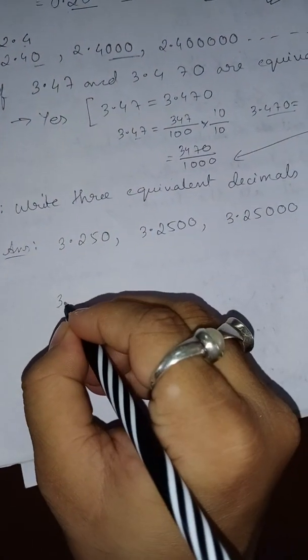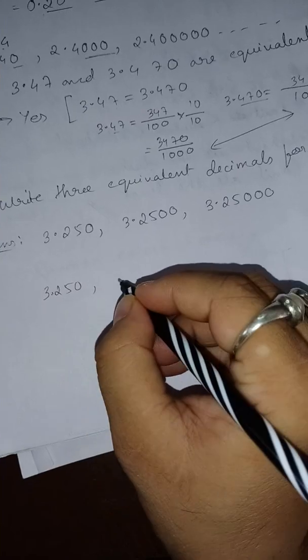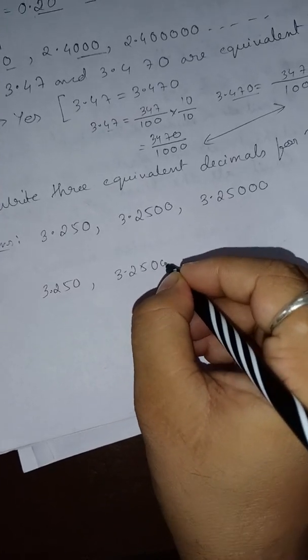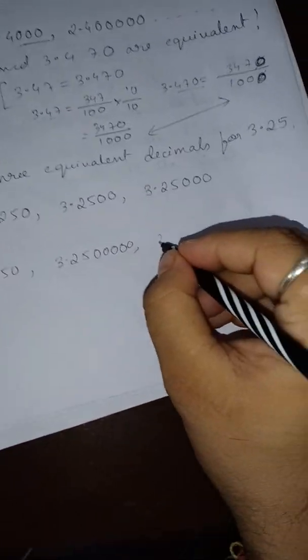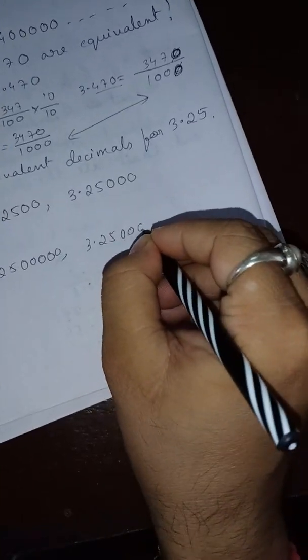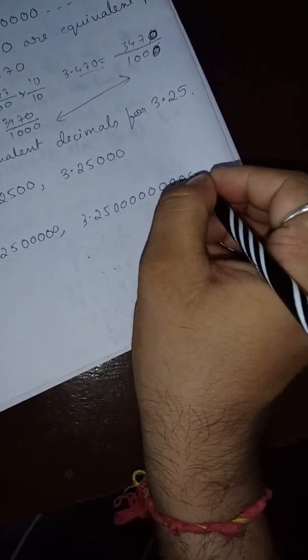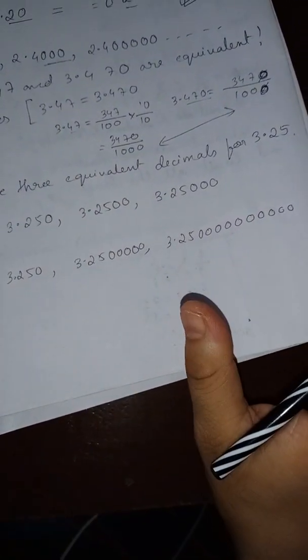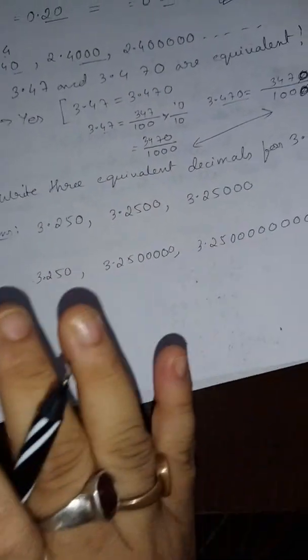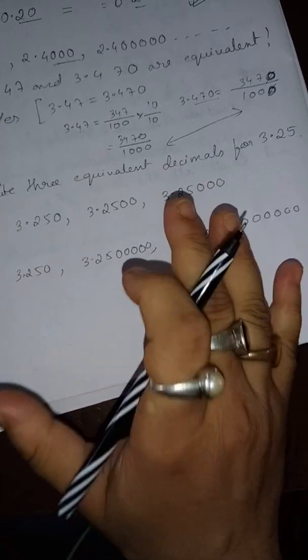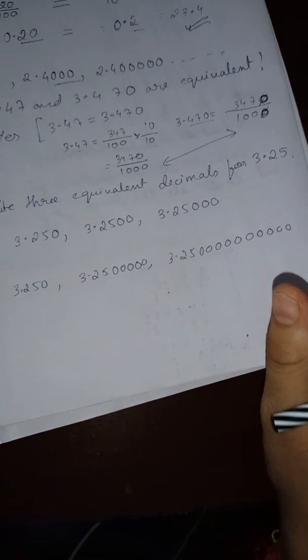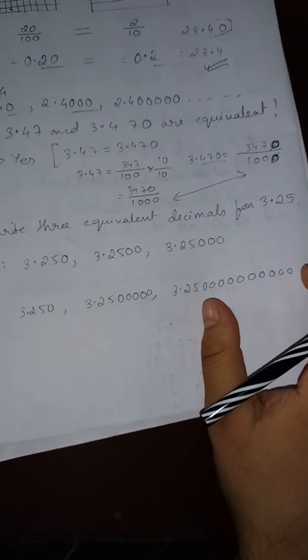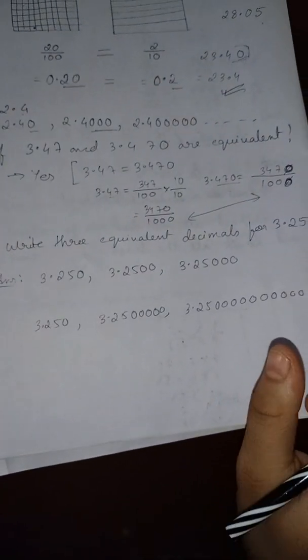If you think, okay, no, in the first one I will put 1 zero, but in the second one I'll put 5, okay, fine. In the third one, if you want to put 10, still okay, because these zeros won't change the number, it will remain the same. So you can put as many zeros as you want just to find the equivalent decimal. So this is how equivalent decimals go. I think the concept is clear.